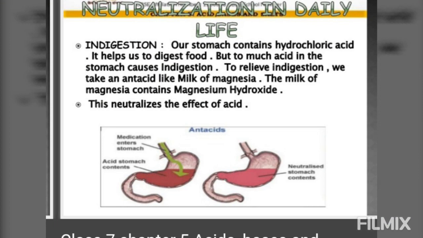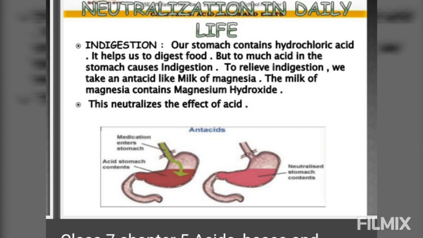We know that in our stomach the acid secreted is hydrochloric acid, which is a gastric juice which helps us in digestion, that we have studied in chapter number 2, because it helps to digest the food easily. But we know that when excess of hydrochloric acid is consumed, it causes a painful condition which is known as acidity. When you consume a lot of spicy food, you feel a burning sensation, which is known as acidity.